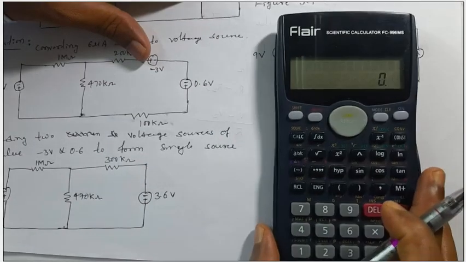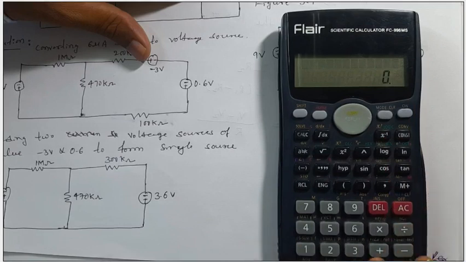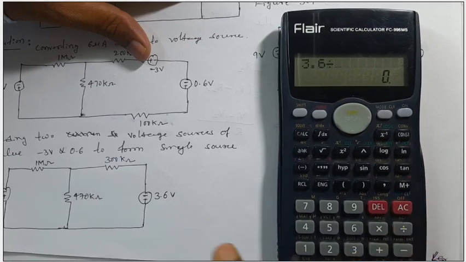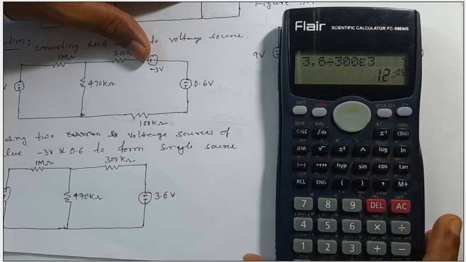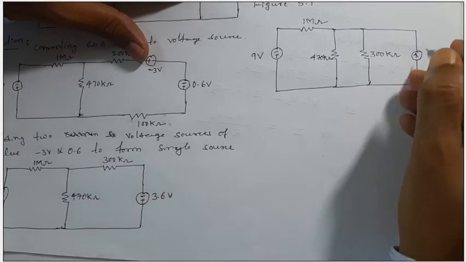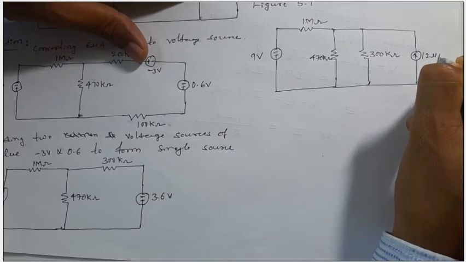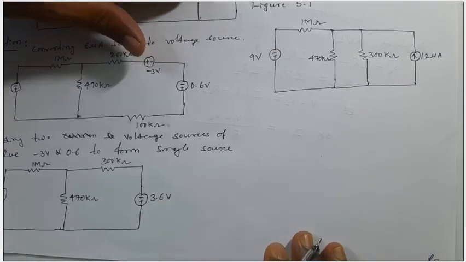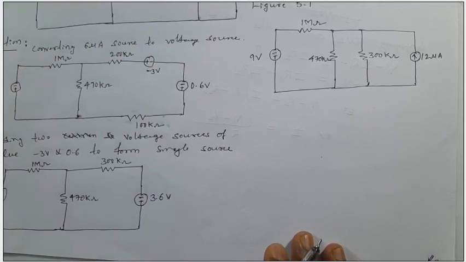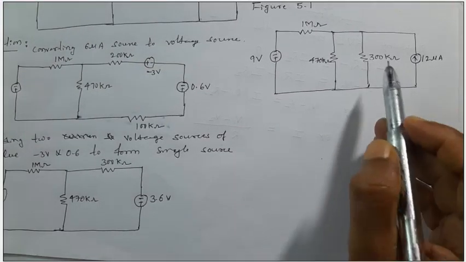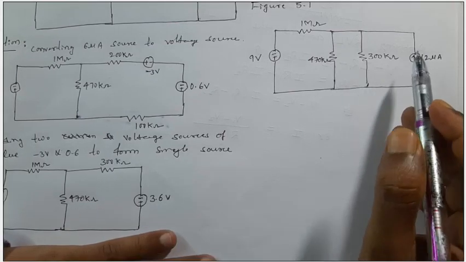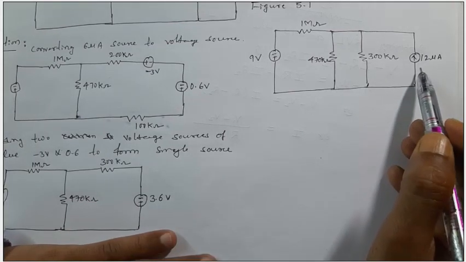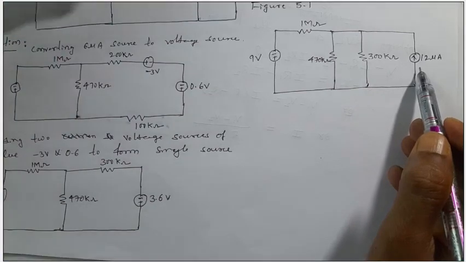It is 3.6 divided by how much? So it is 300 kilo is 12 microampere. Its value is 12 microampere. Now we can reduce these two resistors to form a single resistance, and this particular current source,